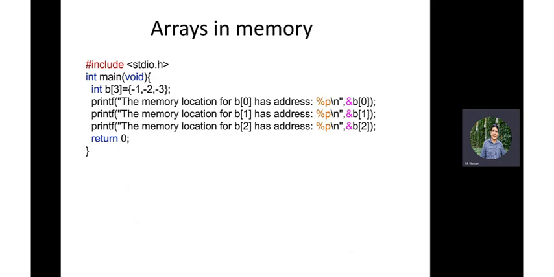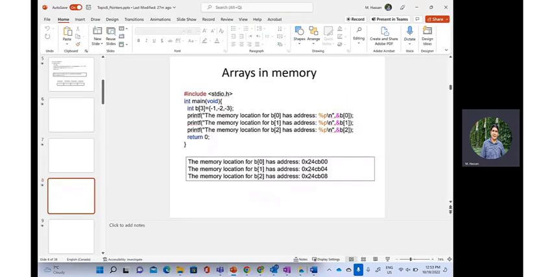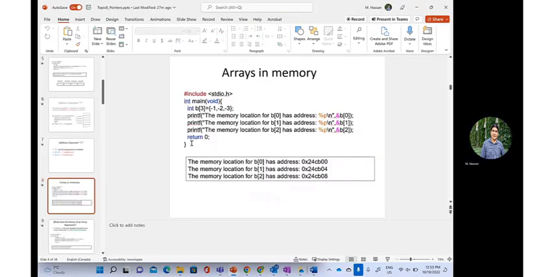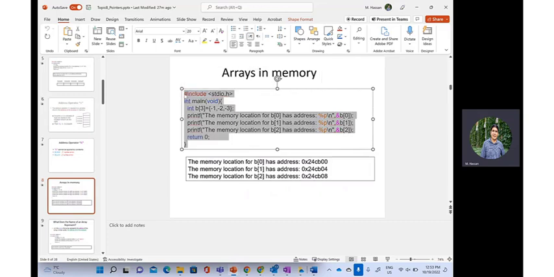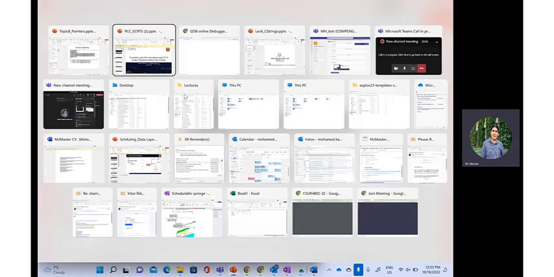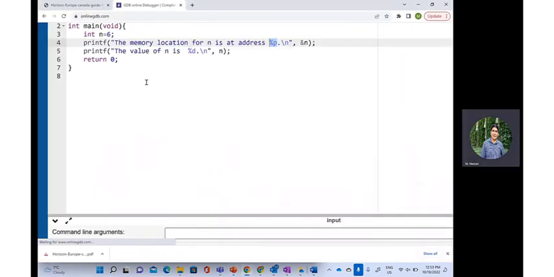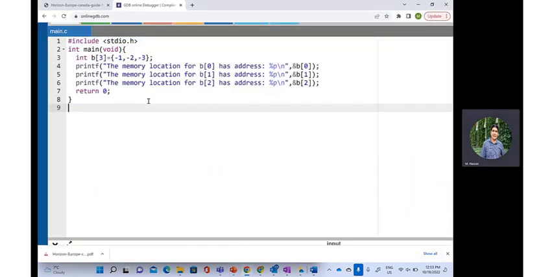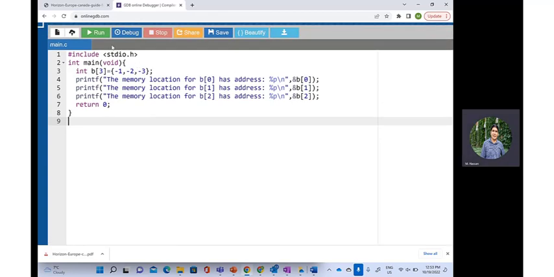Okay, so now we will build on that by understanding how those addresses help us understand how arrays work in reality, right? We discussed arrays before. We know how they work, but we can have a much better understanding if we really understand their addresses. So let's see this interesting example. I define a small array that has 3 entries, -1, -2, -3, and then I'm printing the address of every single element there, right? So if I run that